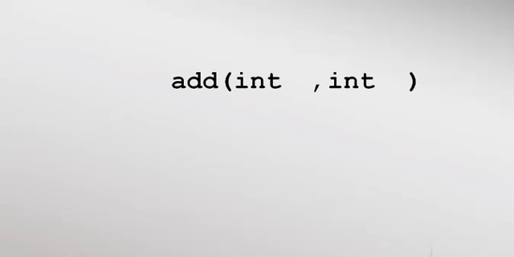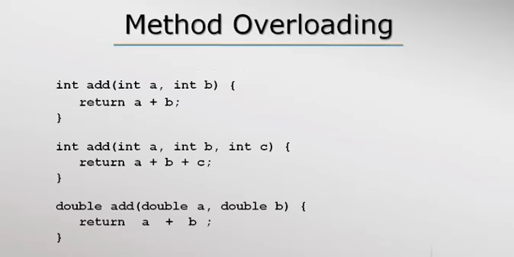And why is this called the method signature? Well, a signature is something by which we can identify something, right? Java allows us to write methods with the same name but with different parameter types in the same class. This is called method overloading.